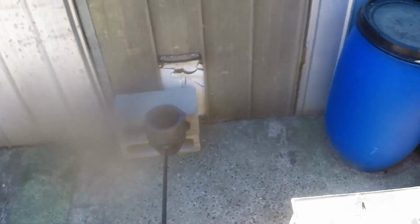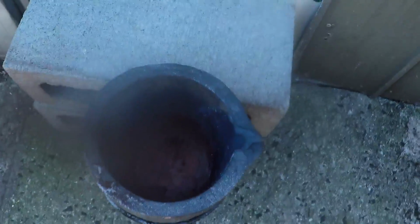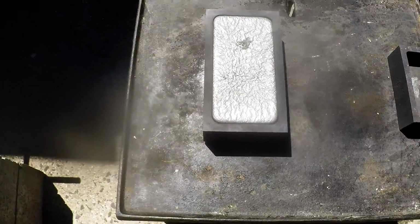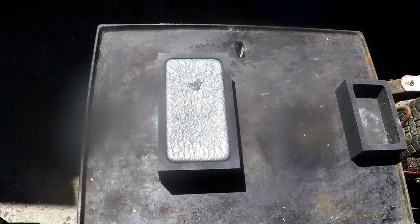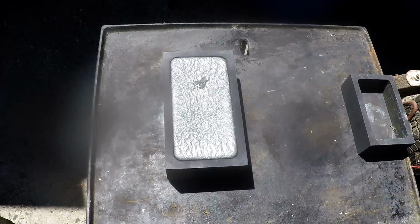It took a little bit longer than I thought. Probably about 35 to 40 minutes. Yeah, the whole area here is scorching hot right now. So I'll give this about 5 or 10 minutes, because I certainly don't want to quench it or anything like that when it's super hot like that. It could pop. But